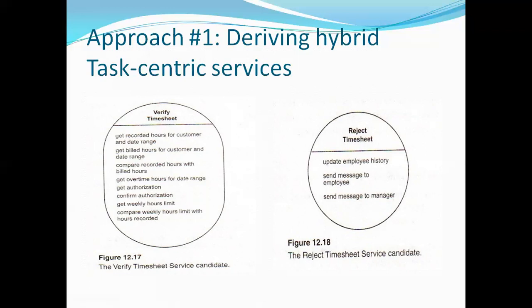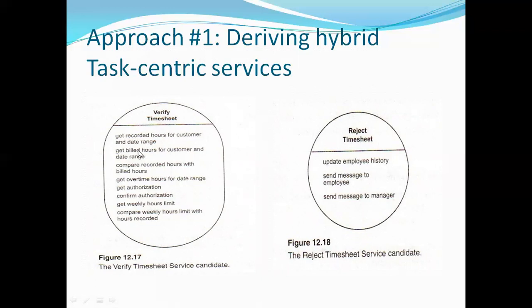The first method is get recorded hours from customer and date range. In a particular week, many dates are involved, so get the recorded hours from the customer timesheet. Then get billed hours for the customer and the date range.